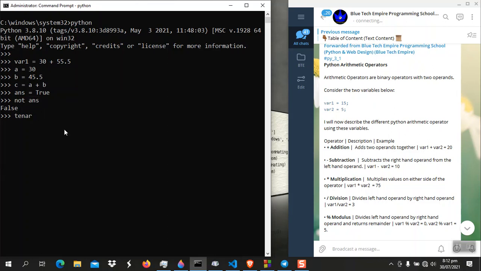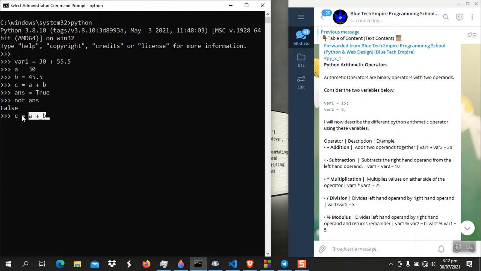Now in the case where we have C is equal to A plus B, you see what happens in execution is A plus B is first added and then the result is assigned to C. So here we have the assignment operator and here we have the addition operator. Now the execution of this expression is from right to left. Why? Because it does this first